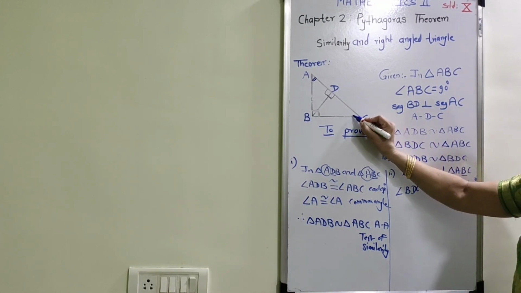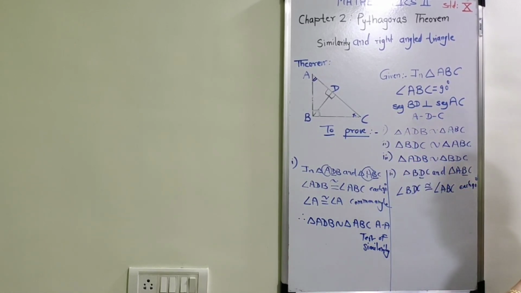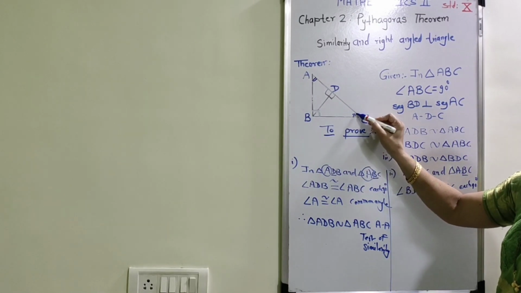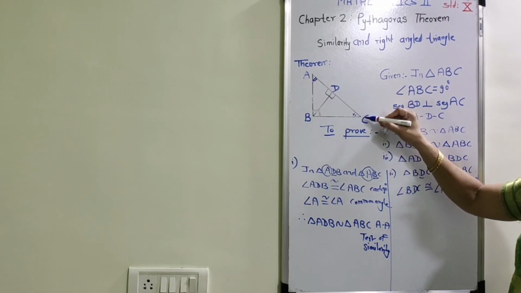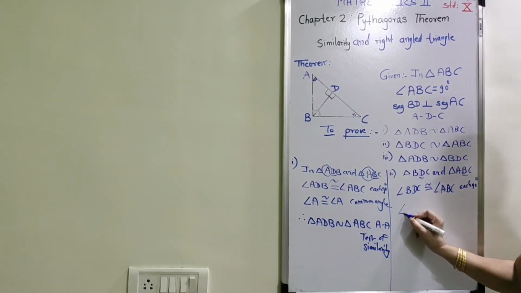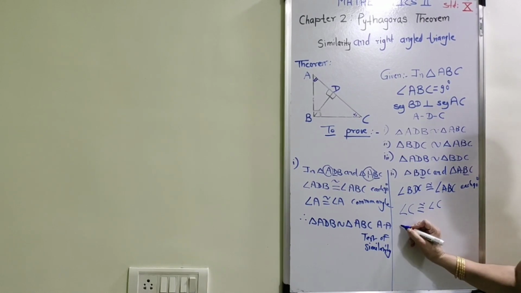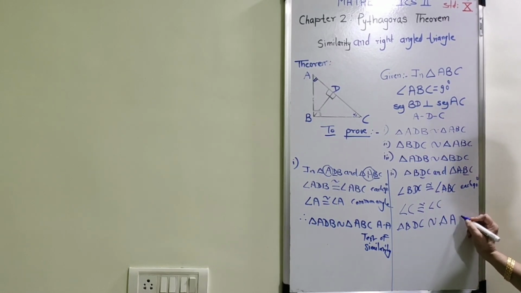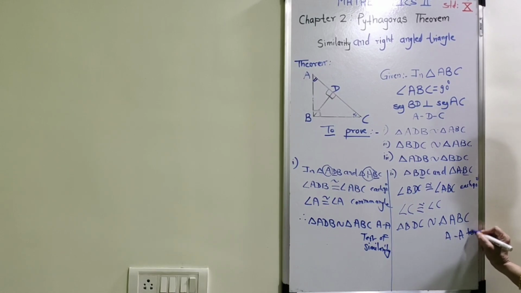Also, if I take these two triangles, then this angle C is common to both. In the bigger triangle ABC, C is an angle of the bigger triangle as well as of triangle BDC. Here angle C is the common angle, and therefore this pair is also similar to each other, that is, triangle BDC is also similar to triangle ABC by a test of similarity.